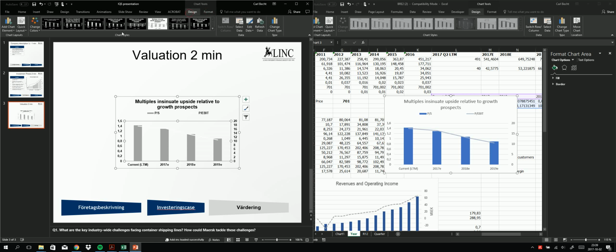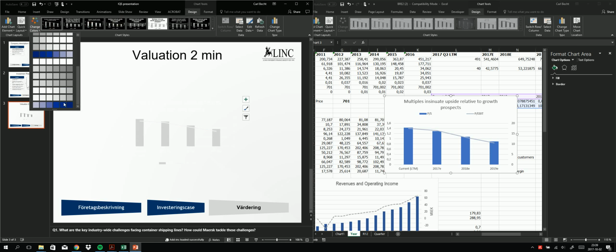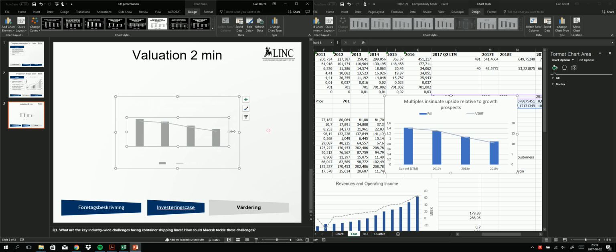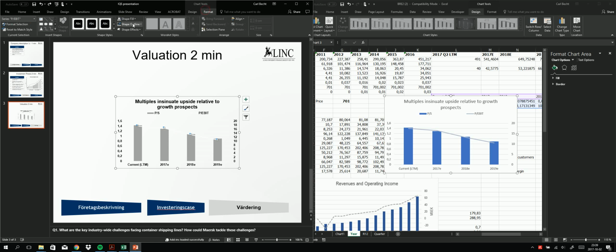Oh, there we go. Okay. I'm just gonna see. There we go. And you want to change these colors, shape outline to maybe, I don't know, like that. So yeah,